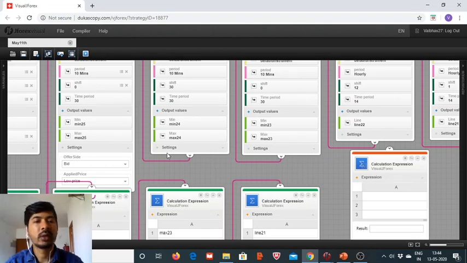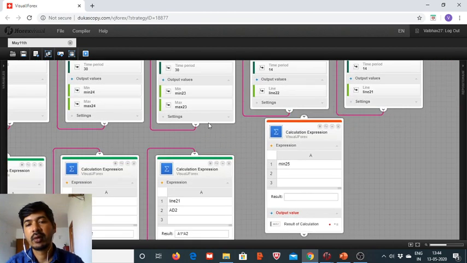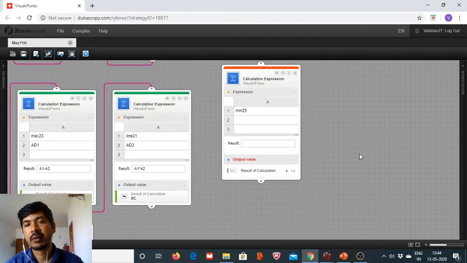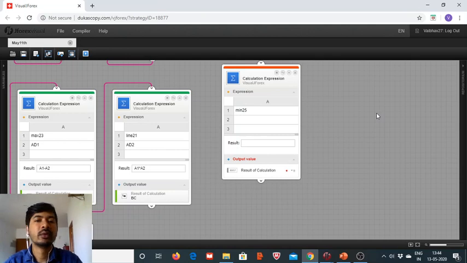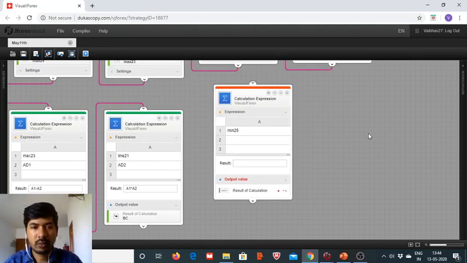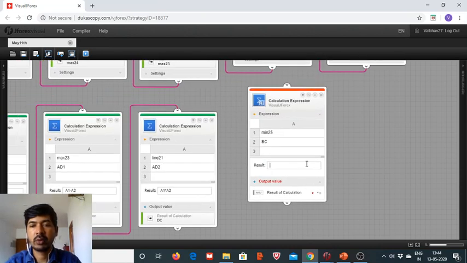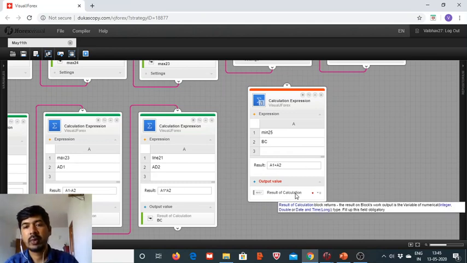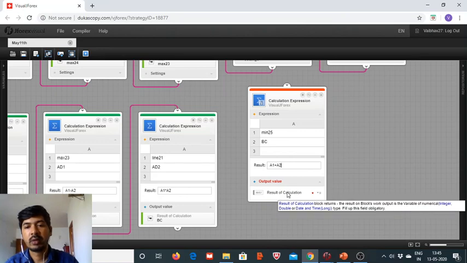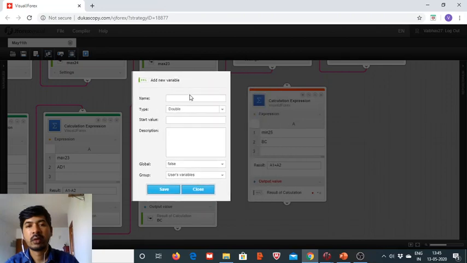We need to first, so here we got this minima. Now we need to do one more thing, and that is to do the addition, and we need to do a1 plus a2, and it will be the first buy condition, that is bc1. Okay,